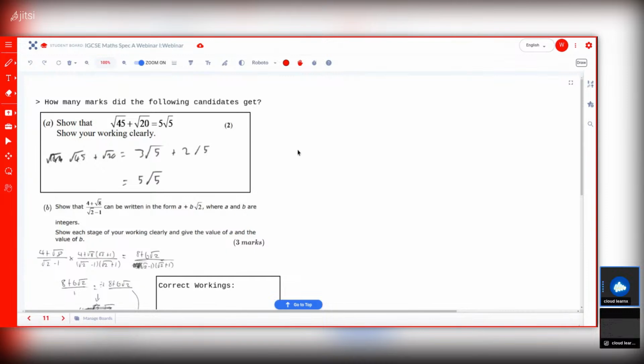All right. How many marks did the following candidates get? Show that square root of 45 plus square root of 20 equals 5 root 5. Look at what they've done. This one, again, typically I see a lot of students doing that. Sometimes even in your term test, you are sort of accommodated, right? You sort of get marks for this. So that's sort of encouraging students to use the calculator and then simplify it. Certain schools tend to do it. If your school's one of them,